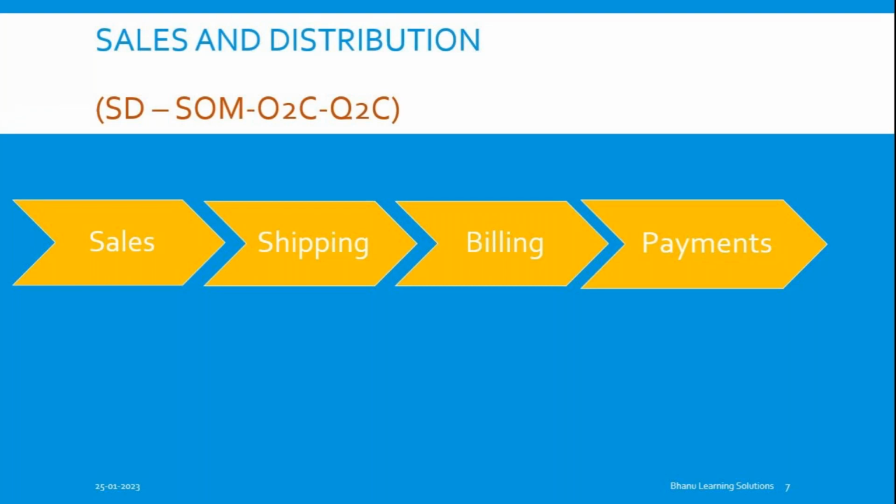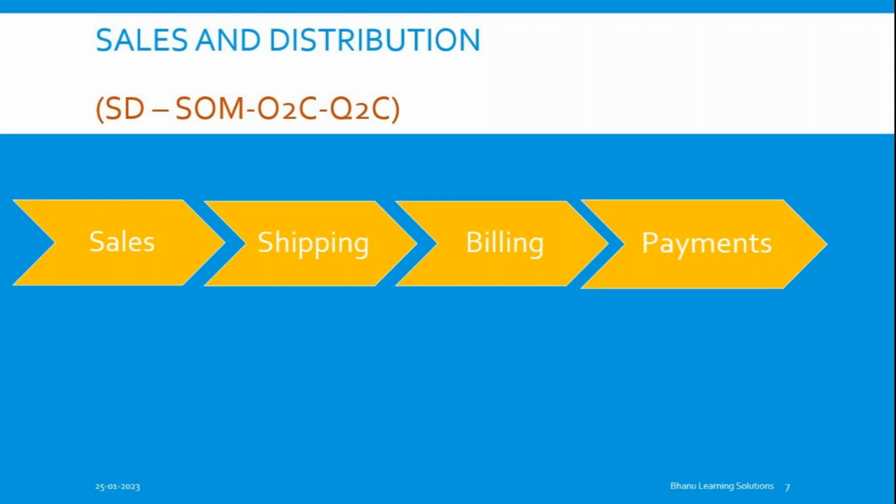It means it is having a very important role. And again, SAP has different modules: functional, technical, and techno functional. Sales and distribution is a functional module. This functional module, sales and distribution, is also called sales order management, order to cash, and quotation to cash. We will be playing a role in these four areas only in the complete course,